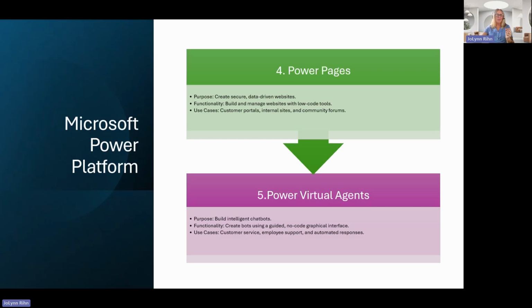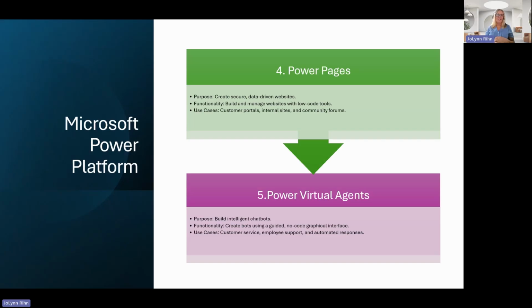We also have two others, not as common, not ones that we're really going to focus on today at all, but we have Power Pages now, and we have Power Virtual Agents. Agents is a big part of the new announcements for 2025 from Microsoft, so eventually you'll be hearing more and more about these agents, especially with Copilot. And Copilot is built in to Power Automate.